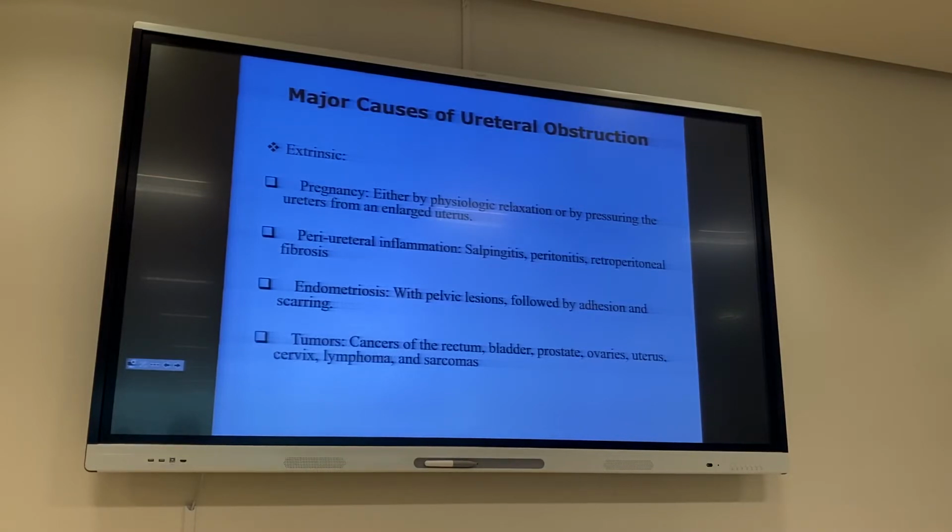For example, there is one disease known as primary retroperitoneal fibrosis. Ormond's disease. Ormond's disease is going to result in